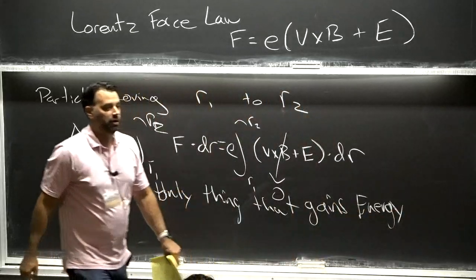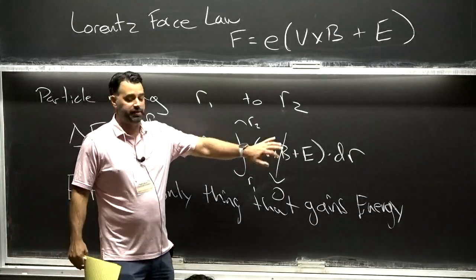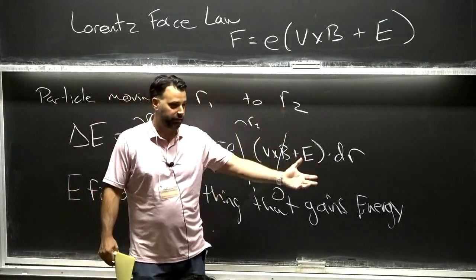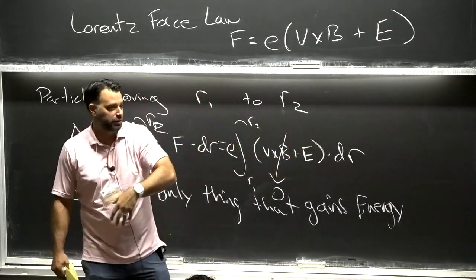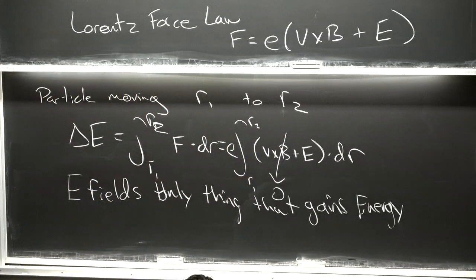Okay. So from our perspective, if we want to go to higher energy, all you have to do is be a master of electric fields. Okay? Now, there is a subtlety, of course. There are some accelerators designed on the principle that if I have a changing magnetic field, of course, I can generate an E field. So you can kind of primarily have magnetic fields. But at the end of the day, we have to have an E field to accelerate.